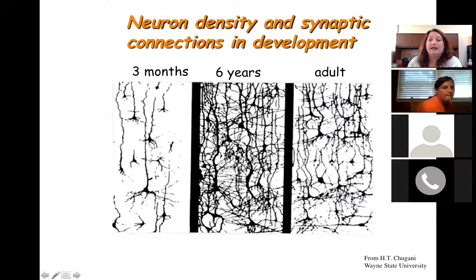So one thing I wanted to highlight here is that the concept of pruning is normal and necessary, but because it is experience dependent, it can go many different ways. So if you look here, you've got at 3 months some connections that are existing. I imagine that these are things like, when I cry, I get fed, and things like that. At 6 years, because of the depth and breadth of experience between 3 months and 6 years,